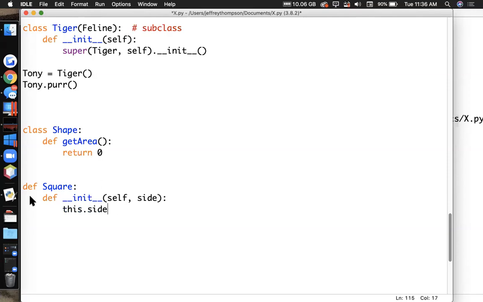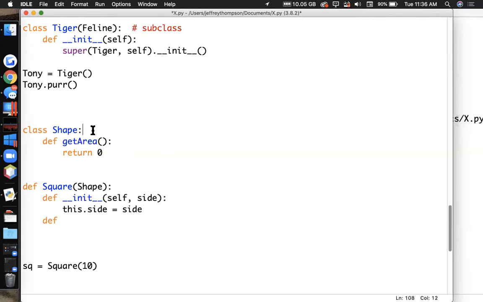So self.side is equal to side, so that we can do this: SQ is equal to square with a side length of 10, right? That's what we want to do. And then we're going to say that every square is a shape. But we're going to replace the get area method with our own new get area method. This is called overriding. Even though he has this functionality,